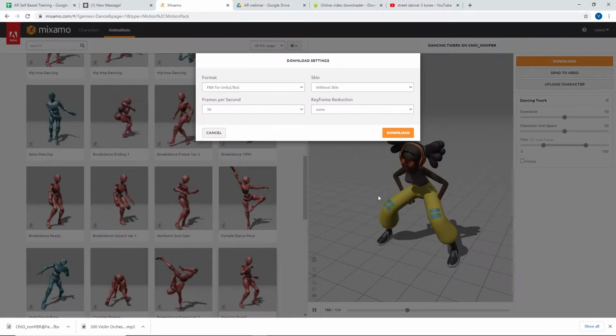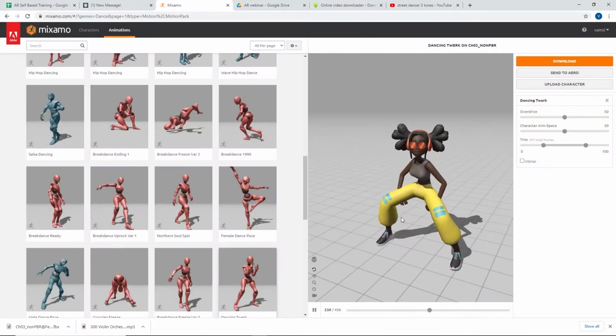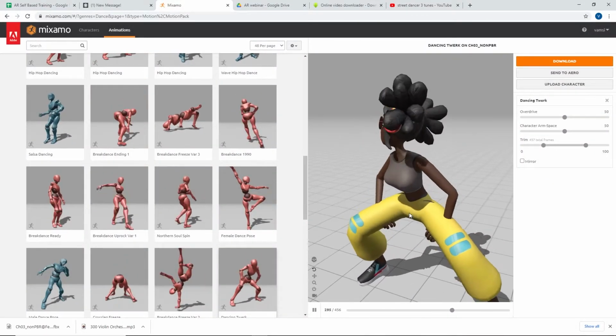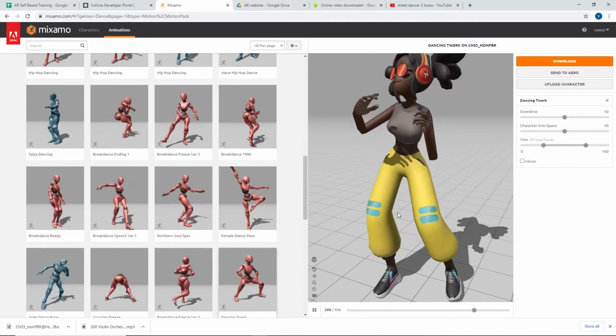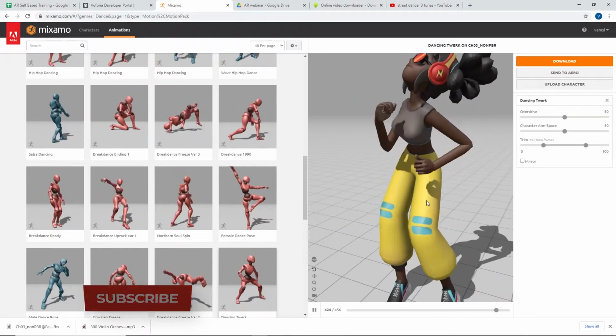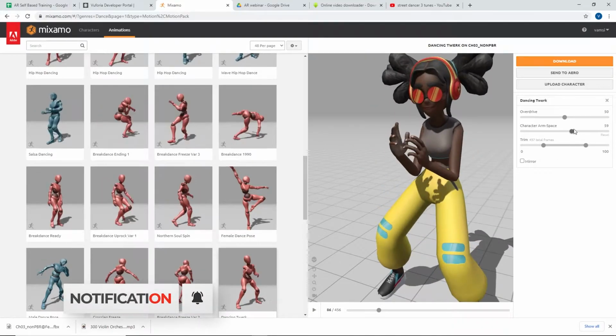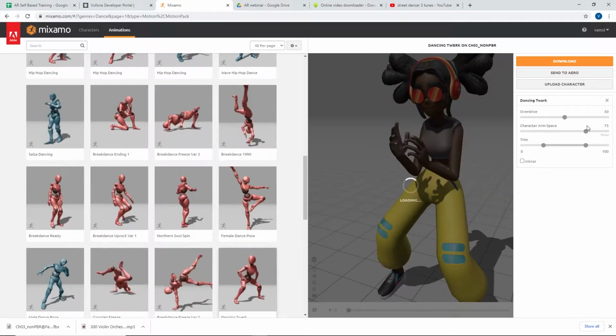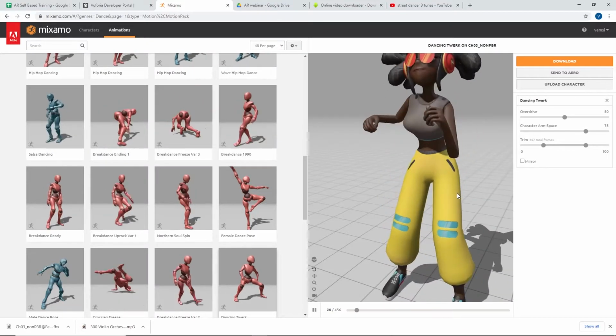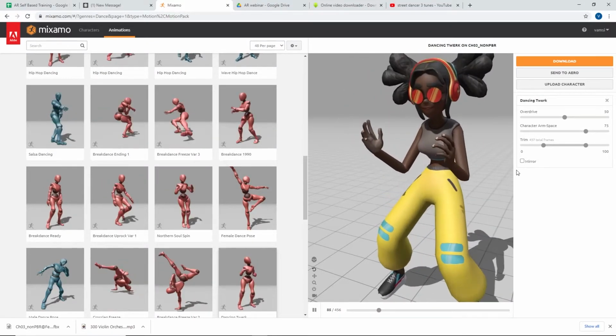Before downloading, check whether the animation is perfectly working or not. See here, the hands are going inside of the legs, right? So we have to increase the arm space. So increase the arm space like this, and let's check whether it is looking good.